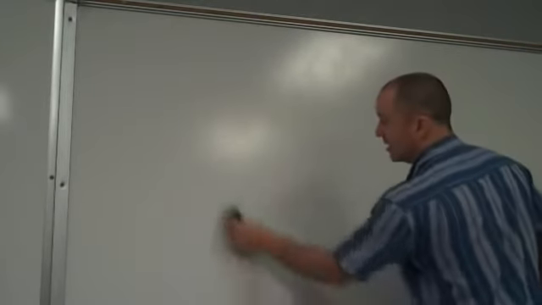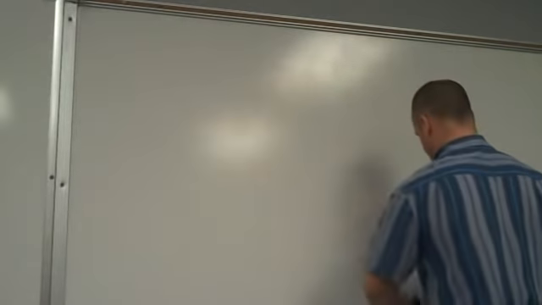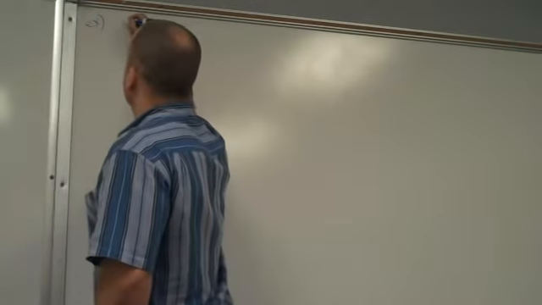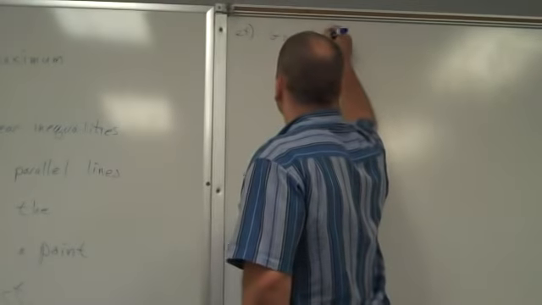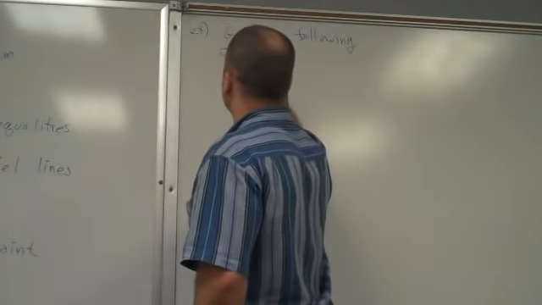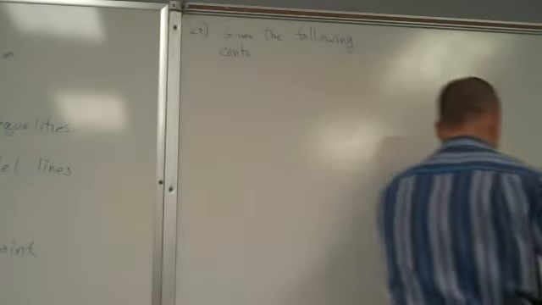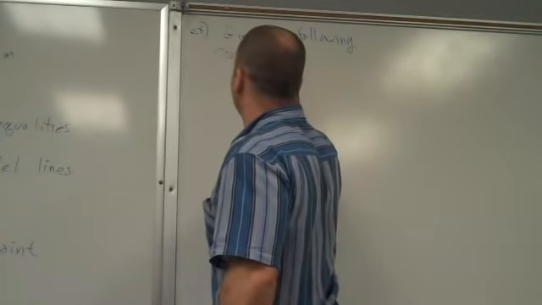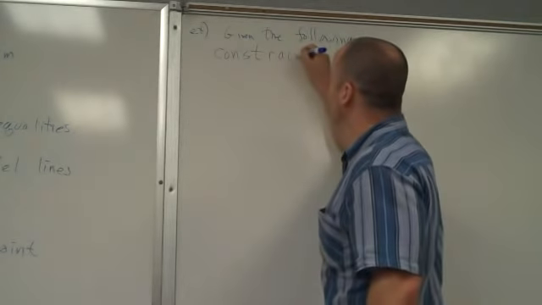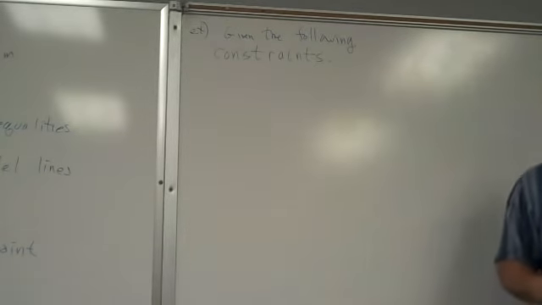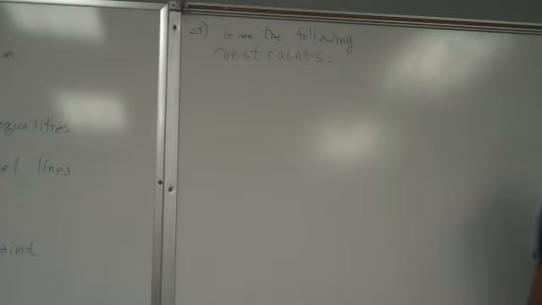Okay. So now, we'll go to an example here. Given the following constraints. Sarah, help me spell this right. C-O-N-S-T-R-A-I. Given the following constraints. Does everyone agree with Sarah's spelling? Yeah. Sure, why not? All right. No one's going to call her on it anyway. Given the following constraints,